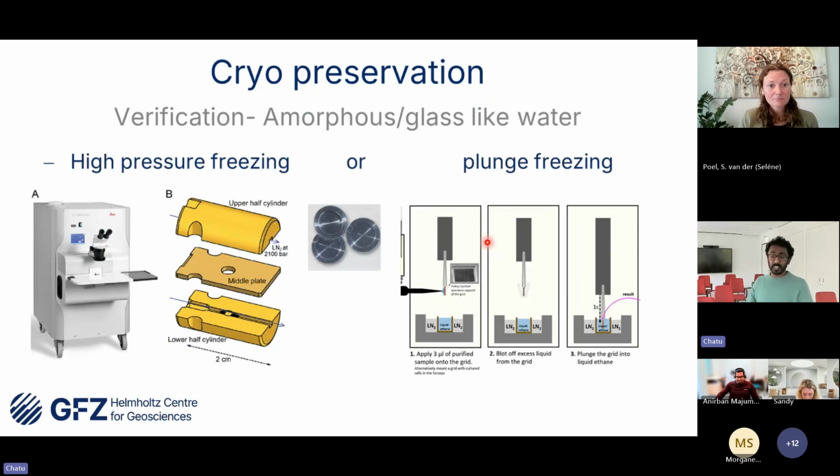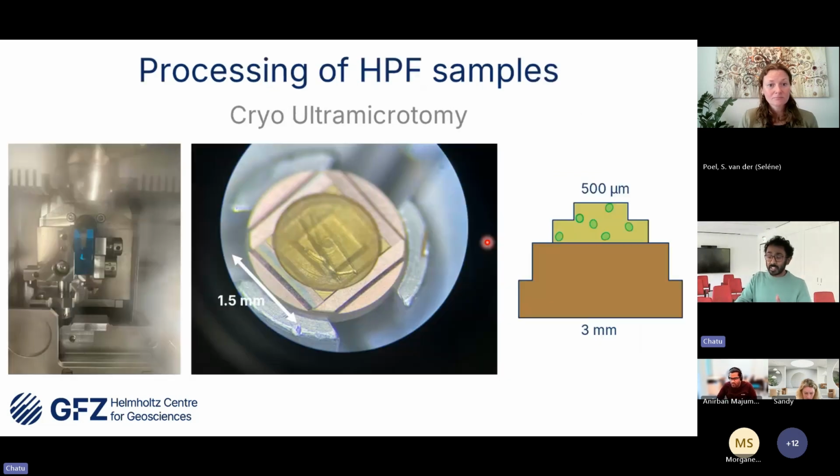When it comes to cryopreservation, we have two ways of going: high pressure freezing or vitrification with plunge freezing. These are standard techniques, but then I will talk about the basic results we have achieved so far. We high pressure freeze one of our samples, and then we make thin sections in the ultramicrotome. Here you can see the chamber, the diamond knife, and the sample. We shave the surface, and then we want to cut very thin sections of the sample so that we can see the ultrastructure of the